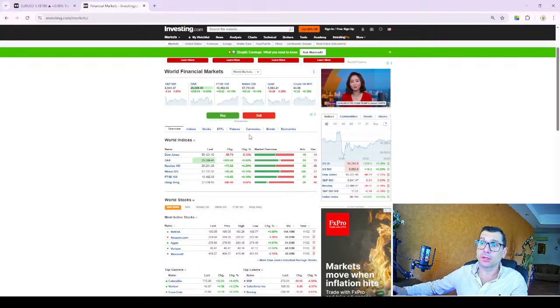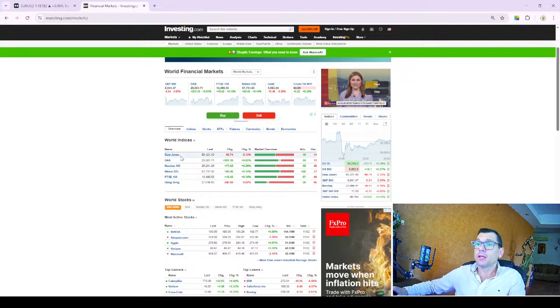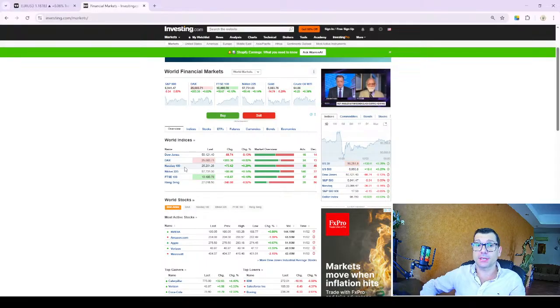Obviously, we're going to look at some other things as well. So let's start with world indices. As we said, Dow Jones, that's the 30 biggest companies in the US. It's also an industrial index in the US, in fact. DAX, as we said, that's a German index. NASDAQ 100. NASDAQ 100 is the 100 biggest high-tech companies inside one index.